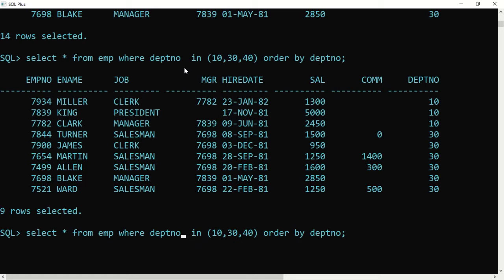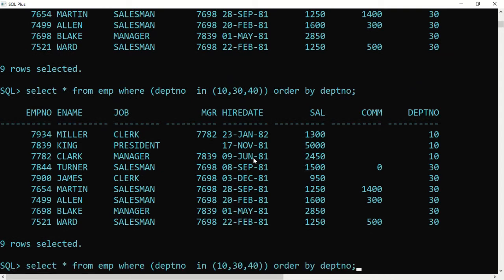So actually the condition starts from here and goes till here. This is one condition. If you press enter, you can see it. But what I want is the opposite of this. Opposite of this means not in the list.